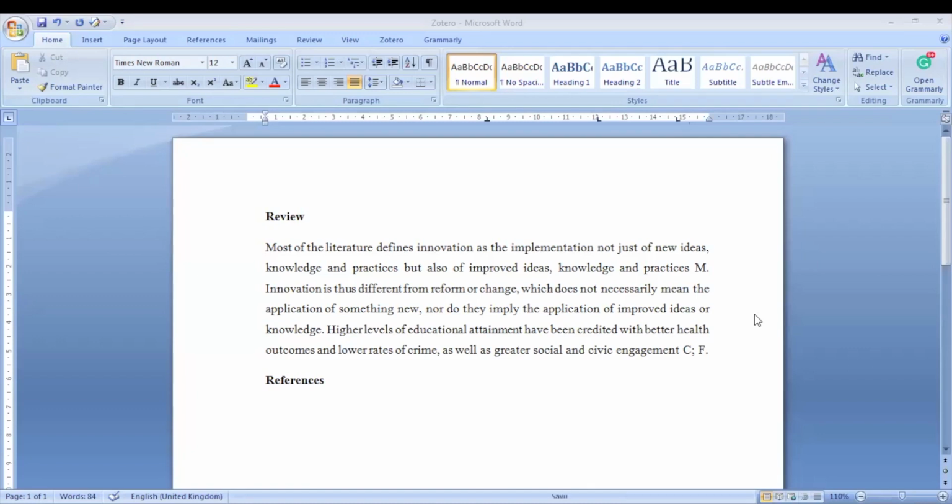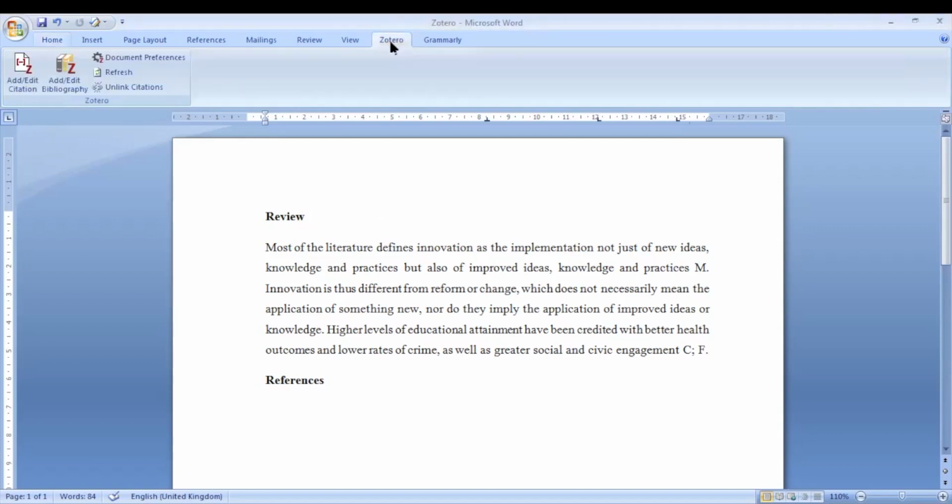So in the MS Word file you will find, once you have downloaded Zotero in your laptop or desktop, that in MS Word Zotero comes out here like this. After the view tab you get a Zotero tab, so you can click on this Zotero tab, and after that you can see you have add citation and add bibliography, and you can also have document preferences, reference, and other things.